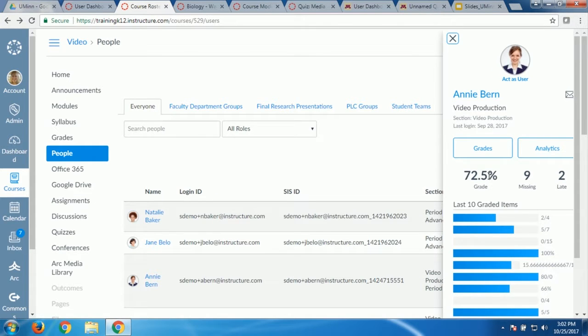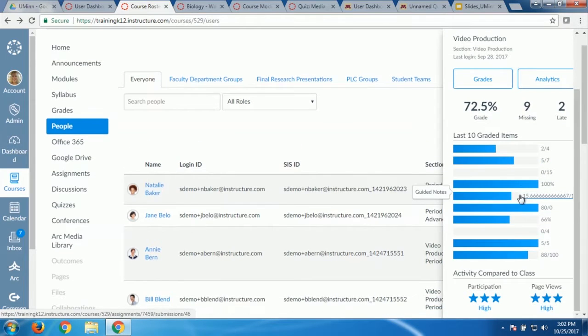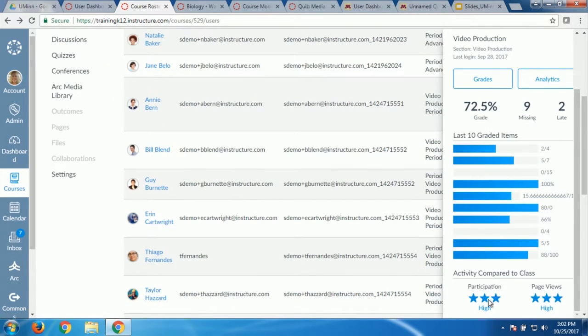You can also see when you click on a student's name. No, yeah, that's a special feature. Ignore it. You see how I didn't mention it? You don't get this magical button here. You can't become your students like an admin can. I'm sorry. You do get this quick look at their percentage, their last graded items, and then you get this